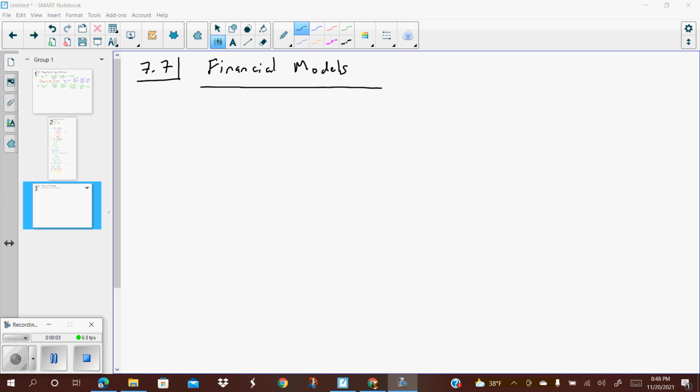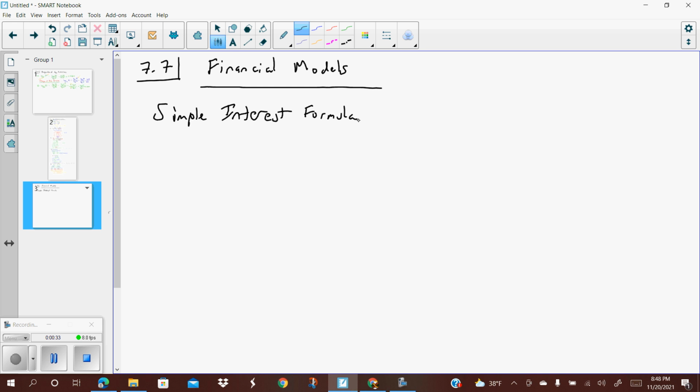Okay, we are in Unit 7.7, Financial Models. We're going to be talking quite a bit about interest rates and interest and how that works. You have this first one, which is called simple interest. Not the most used when it comes to this mathematical stuff that we're doing. The simple interest formula